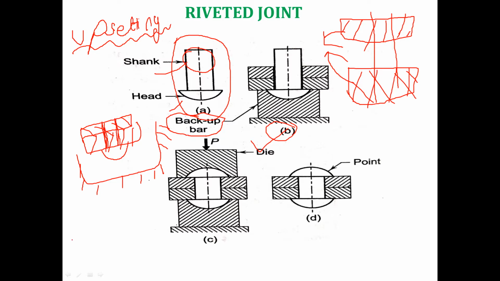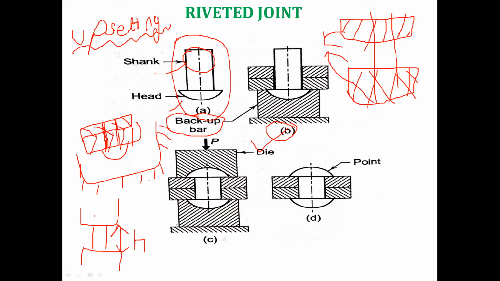Basically, what is upsetting? In upsetting, we are having two dies. This is the top die. This is the bottom die. In between the two dies, I place a component. This is the height of the component whose height I need to reduce, or whose shape I need to change. This bottom die is fixed.